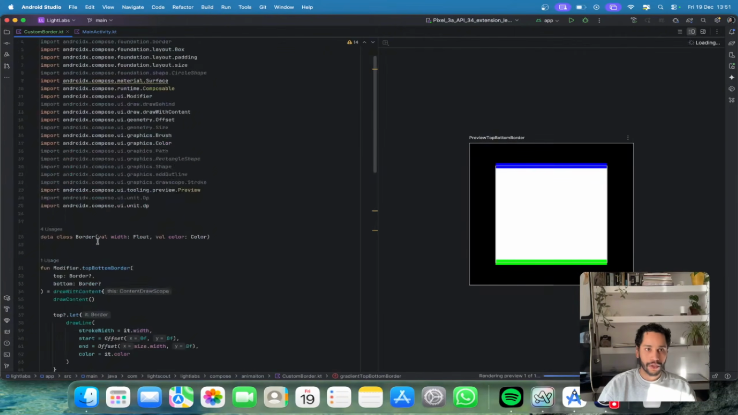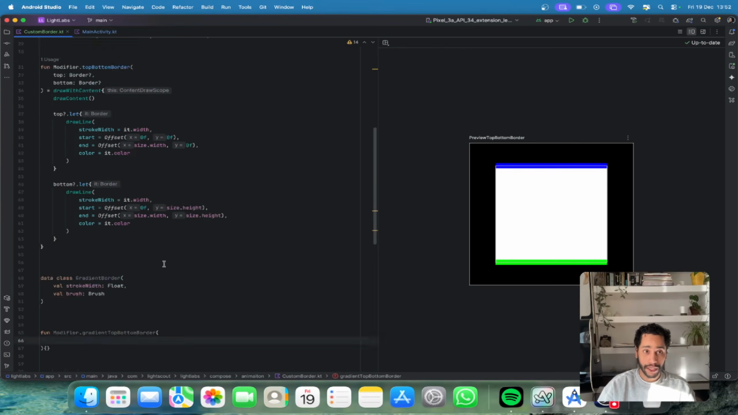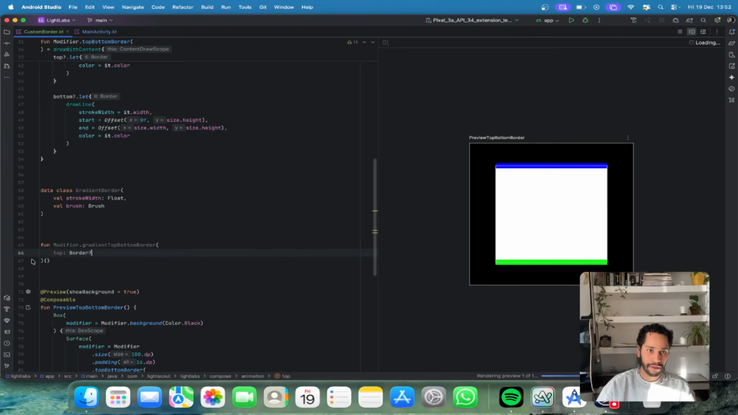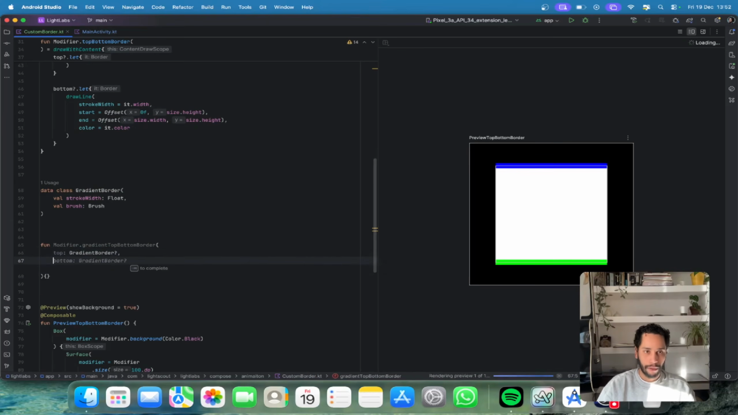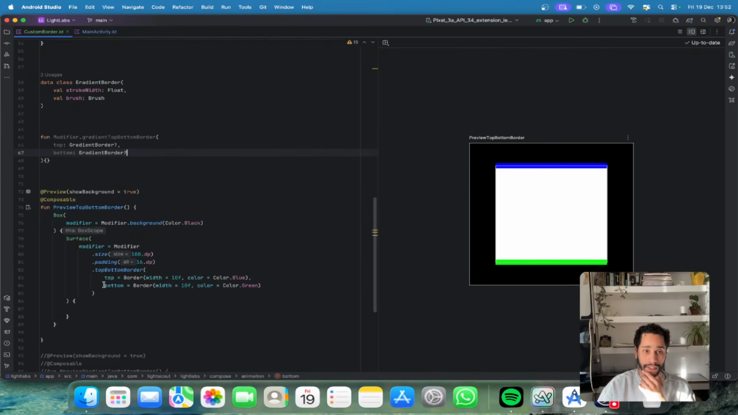There you go. So now we also need to define our parameters for this, same thing as we did here. So let's say top is asking for the border, but in this case we want the gradient one. There you go. And then bottom. Yes, there you go. One thing that I forgot here, and it's quite useful, and you guys are going to see here